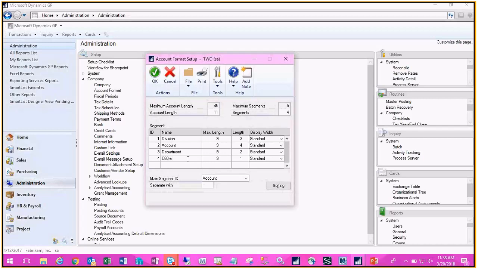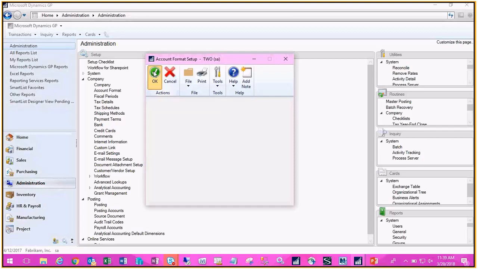I can change the name on this, which I disconnected my keyboard, so. And then I want this to be 2 characters. Now, typically, if you were going to add a company, you'd probably put that on the front. And there are ways to do that where you can shift things down and make that first section your company. But in respect for the time that we have for this webinar, I'm going to do a very simple change here. So once you have this done and you click on OK,